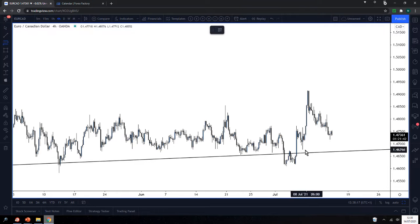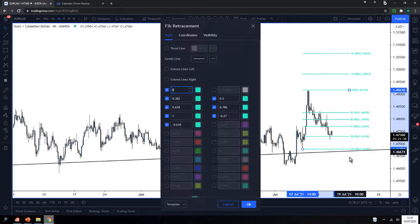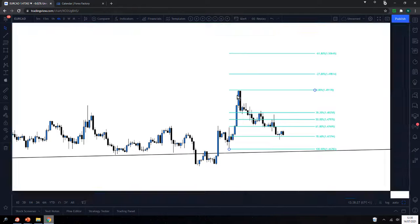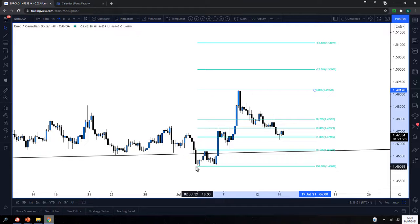So now I'm very, very interested. Sorry about the color scheme, guys. Okay, we've come down into a 78.6% retracement of that move there, that impulse. And if we do that, that's the whole of that move. It's a 61.8. So we're actually matching up. We've got a couple of fib levels here,